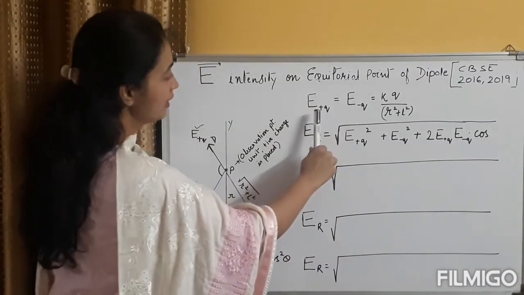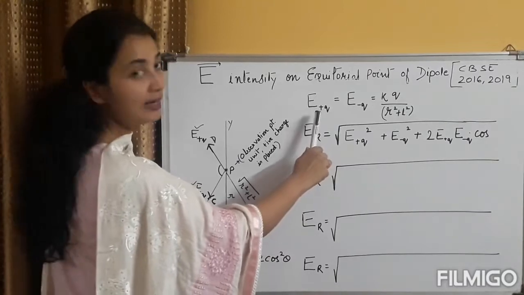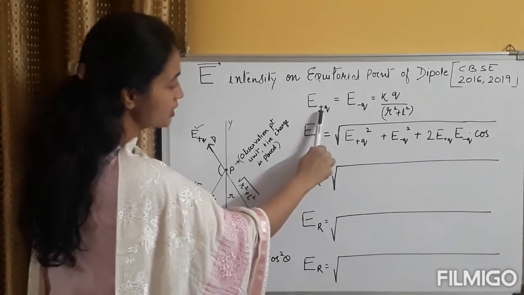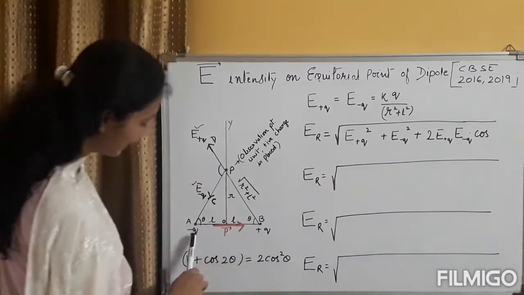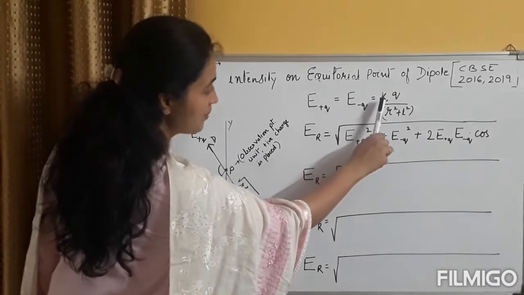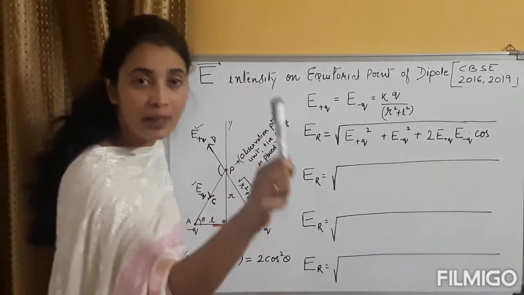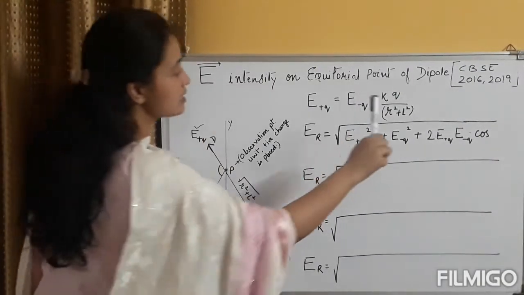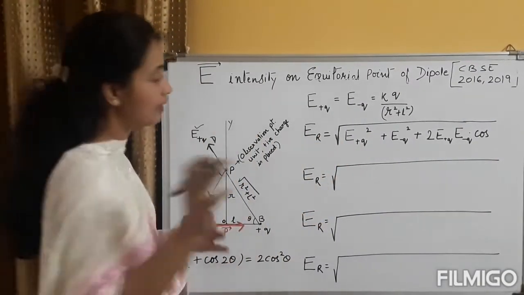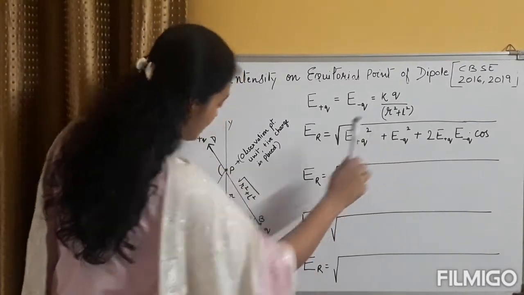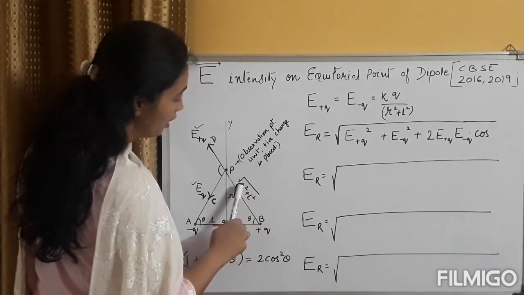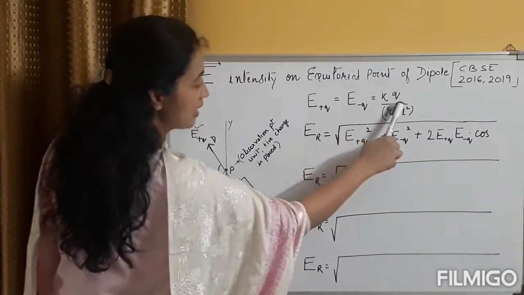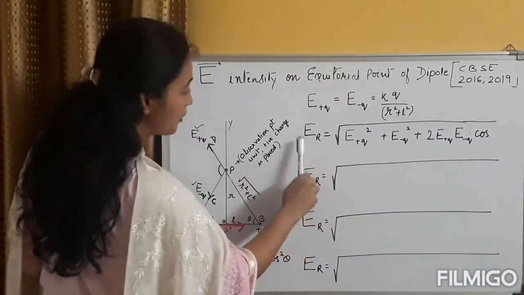Continuing, we have already concluded that the magnitude of E plus Q and E minus Q, meaning electric field due to positive charge and electric field due to negative charge, is the same, which is equal to K, which is 1 by 4 pi epsilon naught, source charge, which is Q and Q only, leaving the polarity aside because the polarity is causing the direction. KQ by this distance, which is the same, square of under root R square plus L square. So it becomes this. So magnitude of these two charges is the same. It is already established. We are moving ahead.